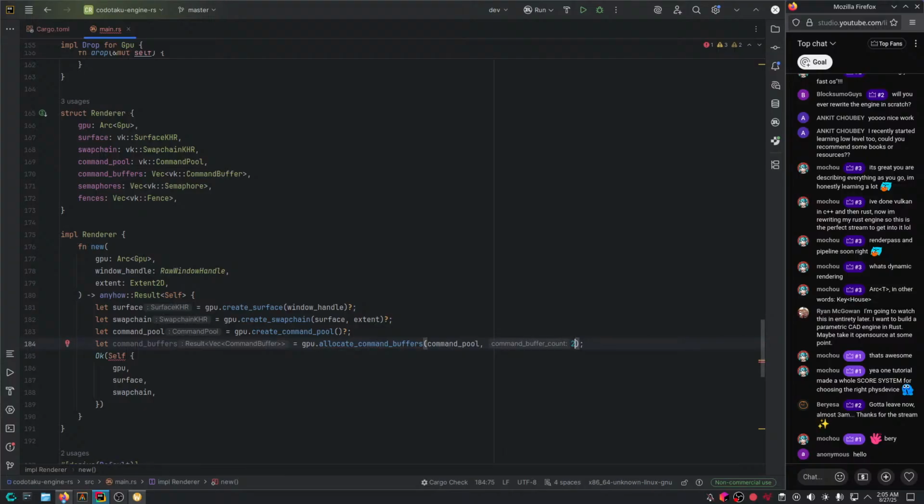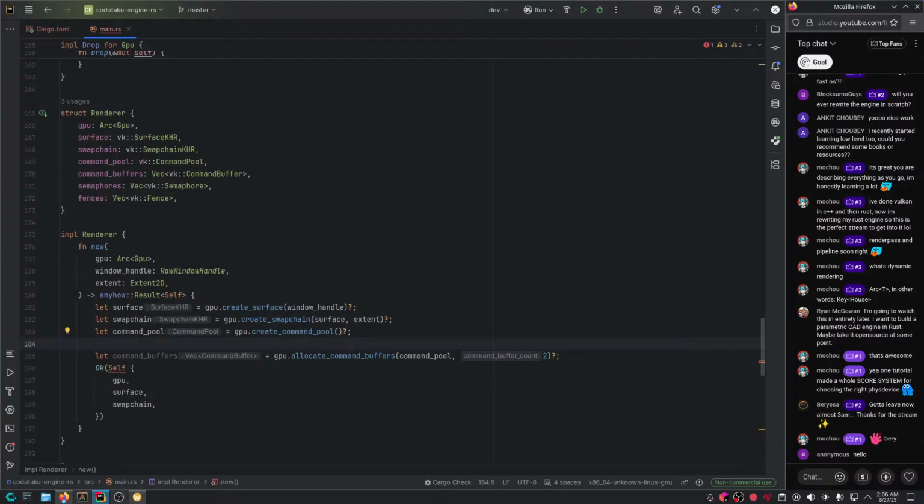Now let me try to explain in-flight frames really quickly. Basically, while the GPU is working on one frame, instead of just waiting for the GPU to finish working on that frame, the CPU could prepare a new frame for the GPU while the GPU is busy.